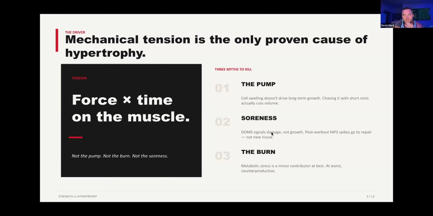Neither does soreness. Okay, DOMS, delayed onset muscle soreness, is something that we think about in terms of, oh man, if I did a really killer workout, I'm going to be sore the next day. But soreness is not growth. All that is repairing tissue. It doesn't mean it's adding. Okay, so we're not at the addition part. We're just, holy shit, we're messed up. Let's get back to normal. That's all DOMS is. So no matter how sore you are, it doesn't mean shit. It means that you tore it to pieces and now you have to recover it. And that's what you're feeling.